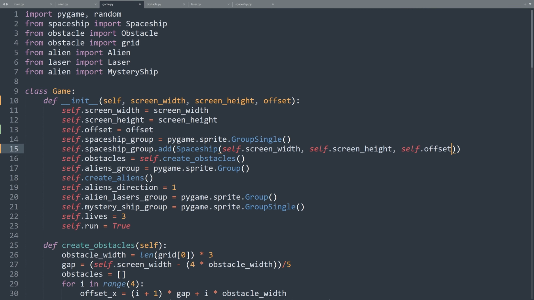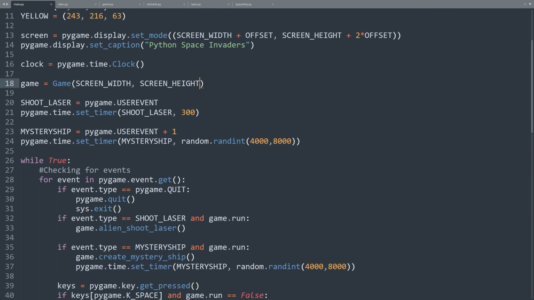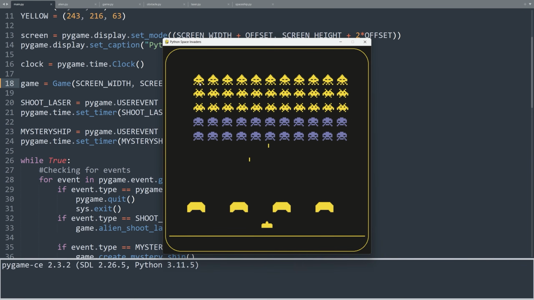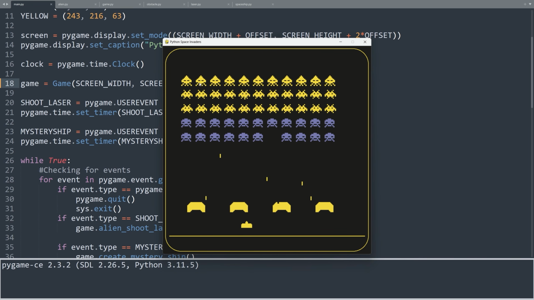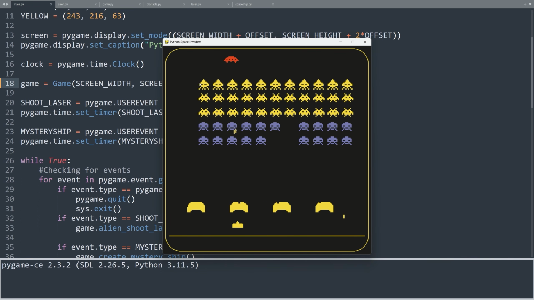Self.offset. Now let's go to the main file. When we create the game object, we have to give its constructor the offset as an argument. So here we just enter offset. If we run the game now, we can see that our spaceship is now centered at the game window and it cannot move outside of it.